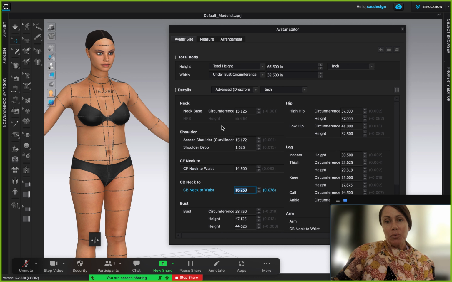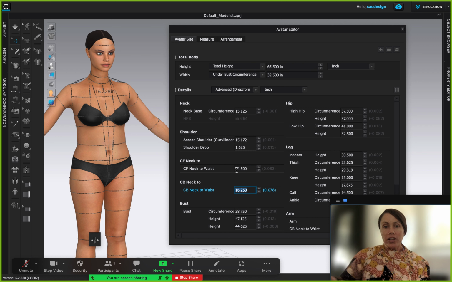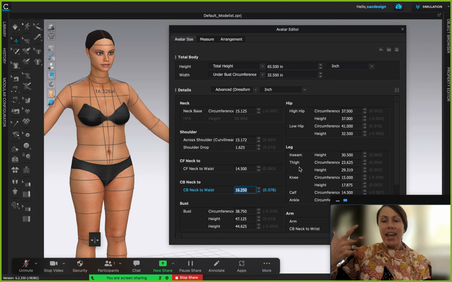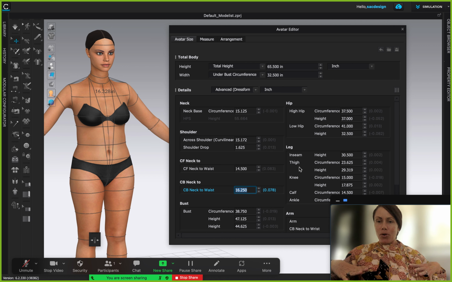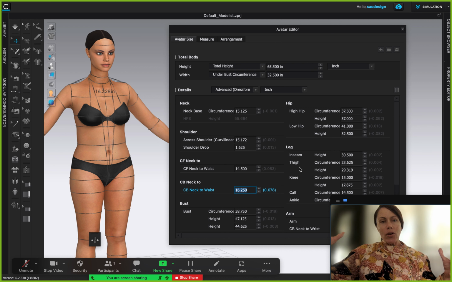So you can go through all the measurements if you want. Or you can just stick with the big ones, and the big ones would be the bust, the waist, and the hip. Those are the ones that go all the way around, with your most wide point, your least wide point around the waist sometimes, depending on your body type, and then the most wide point is what I consider the hips too. So at least make sure those three measurements match your client.